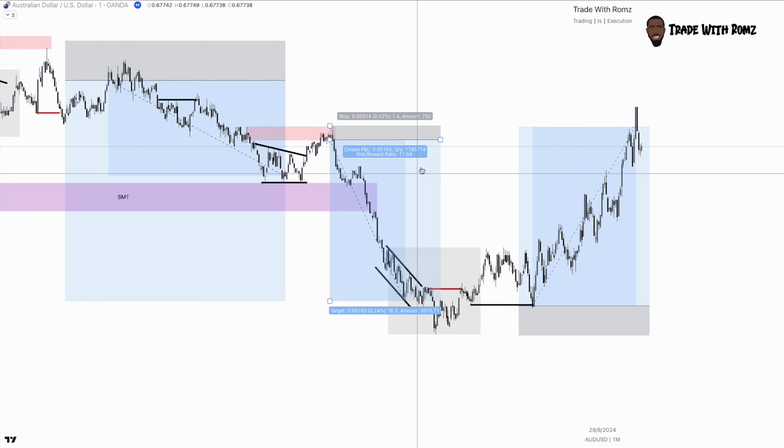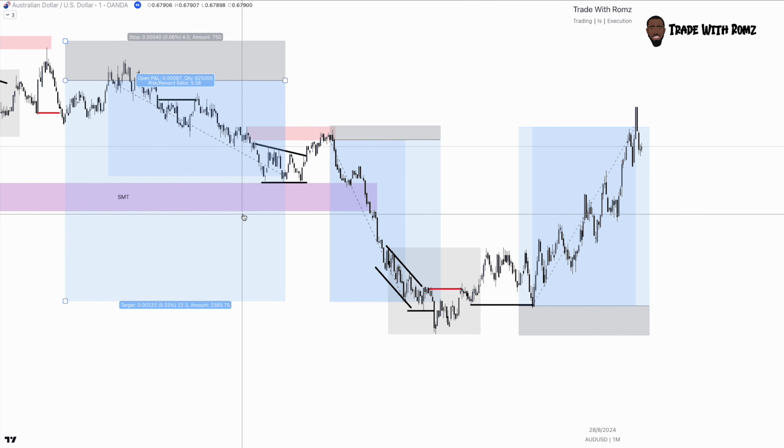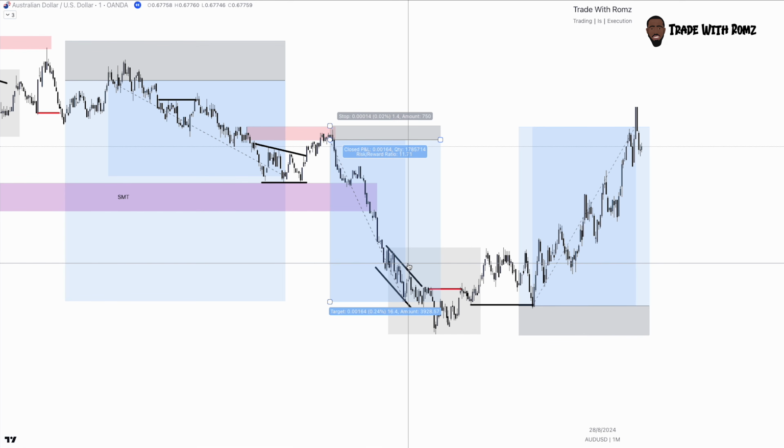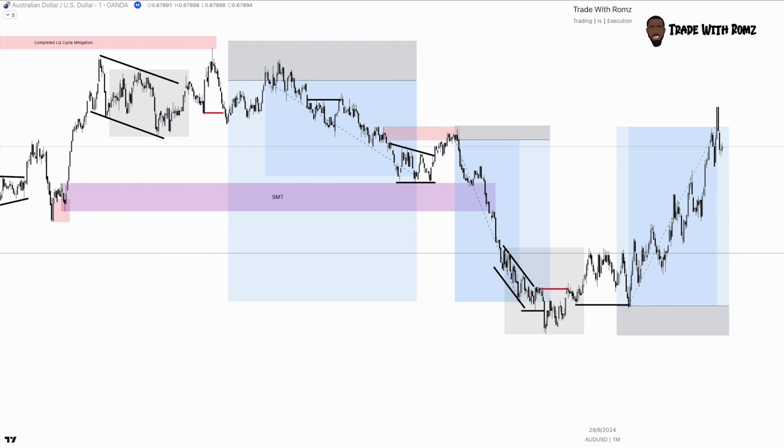Although I didn't secure fully 11R, I think I secured about 8 in regards to the P&L because of my partials that I took a bit earlier, up here somewhere. So it was about 8R in total, I believe, and 13R for the day, because this one I didn't partial out at all. So about 13R for the day, which is a solid day. But yeah, that was AUDUSD.